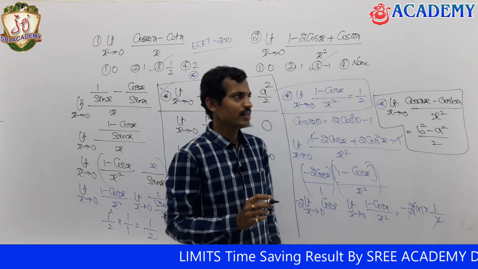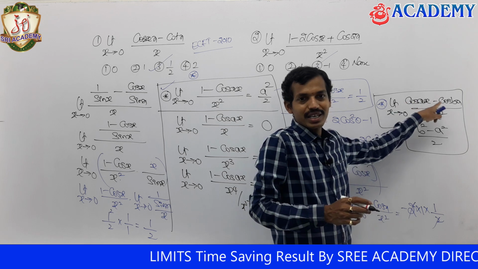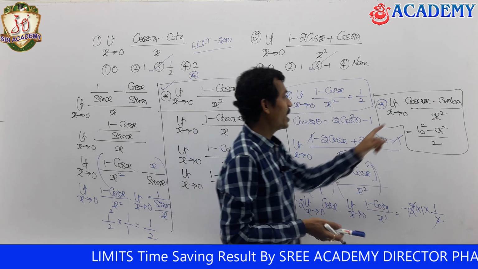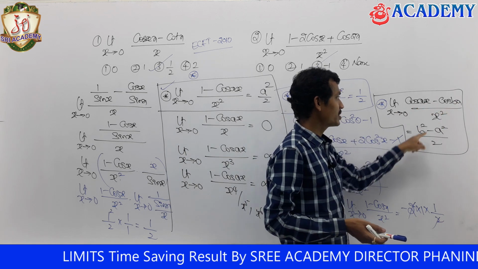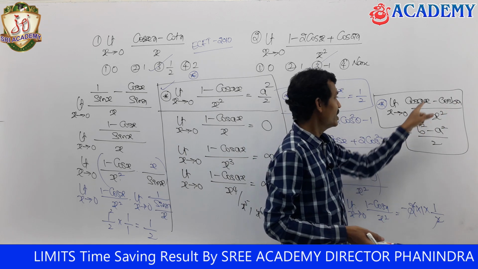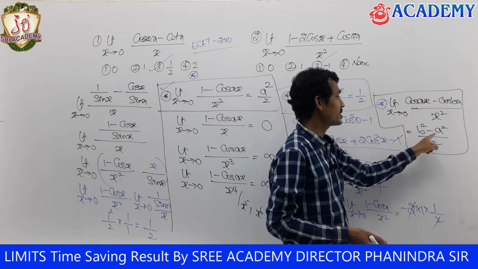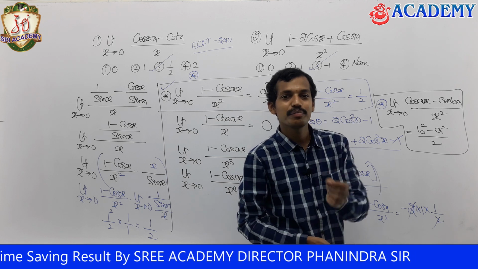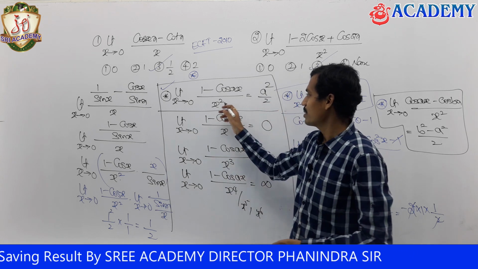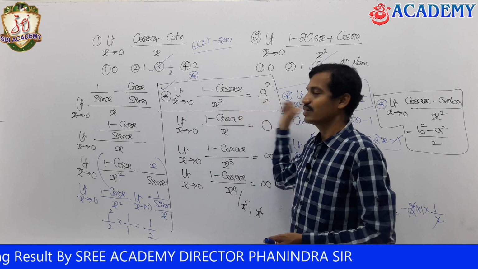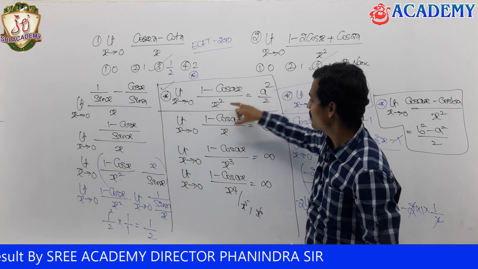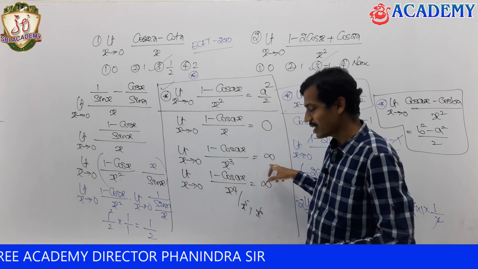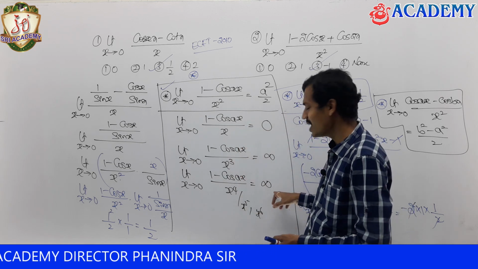How do we get it? Simply, if you add plus 1 minus 1 for this, you will get this indirectly. First, if you add plus 1 minus cos bx by x square, for that one first b square by 2 comes. Then taking minus 1 as the base and writing for this, minus a square by 2 comes. Combined, the LCM is going to be the same, that's why (b square minus a square) by 2. It is the same formula, both of these. By using this one you will get that one. But if you remember this one, if there is x square in the denominator, you will get a square by 2. If x, 0; if x cube, infinity; after x cube, whatever else comes, infinity.